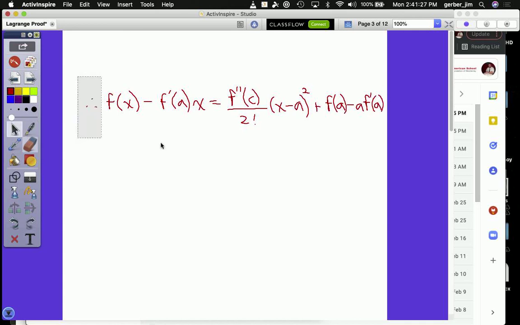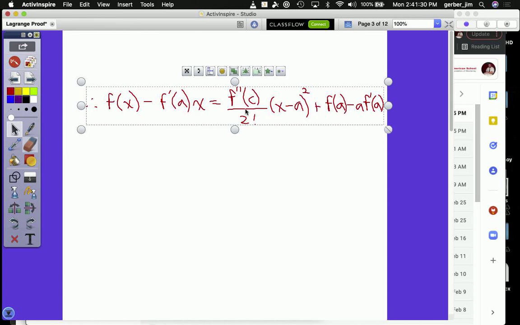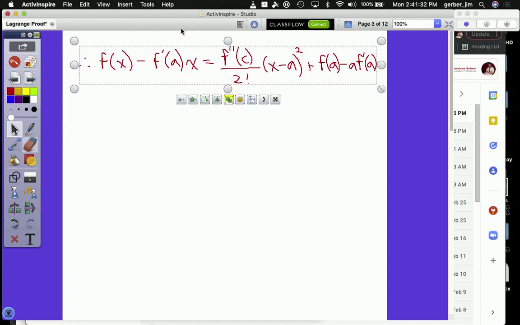Okay, that's a little bit complicated, but if you go back to the previous page and just check, you'll see